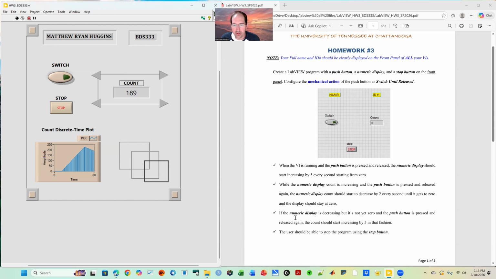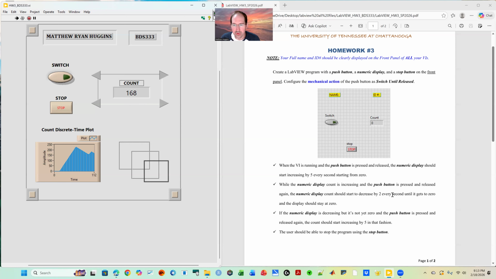And the next case is that if the numeric display is decreasing, but it's not yet 0, and the push button is pressed and released again, the count should start to increase by 5 in that fashion. So as it's decreasing right now, and we press and release it again, now it's going to start increasing again. Now I'm going to press and release it again so that it can start to go towards 0,